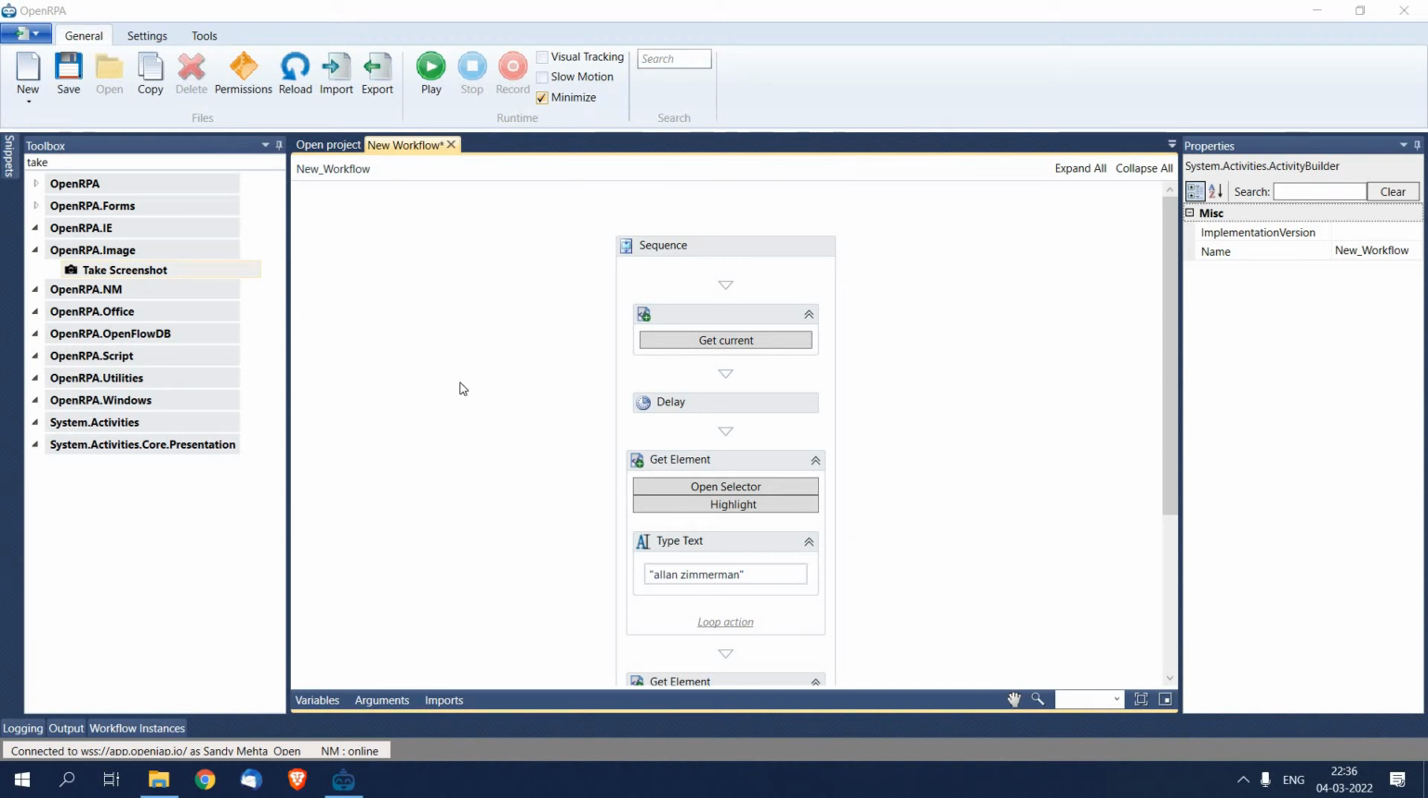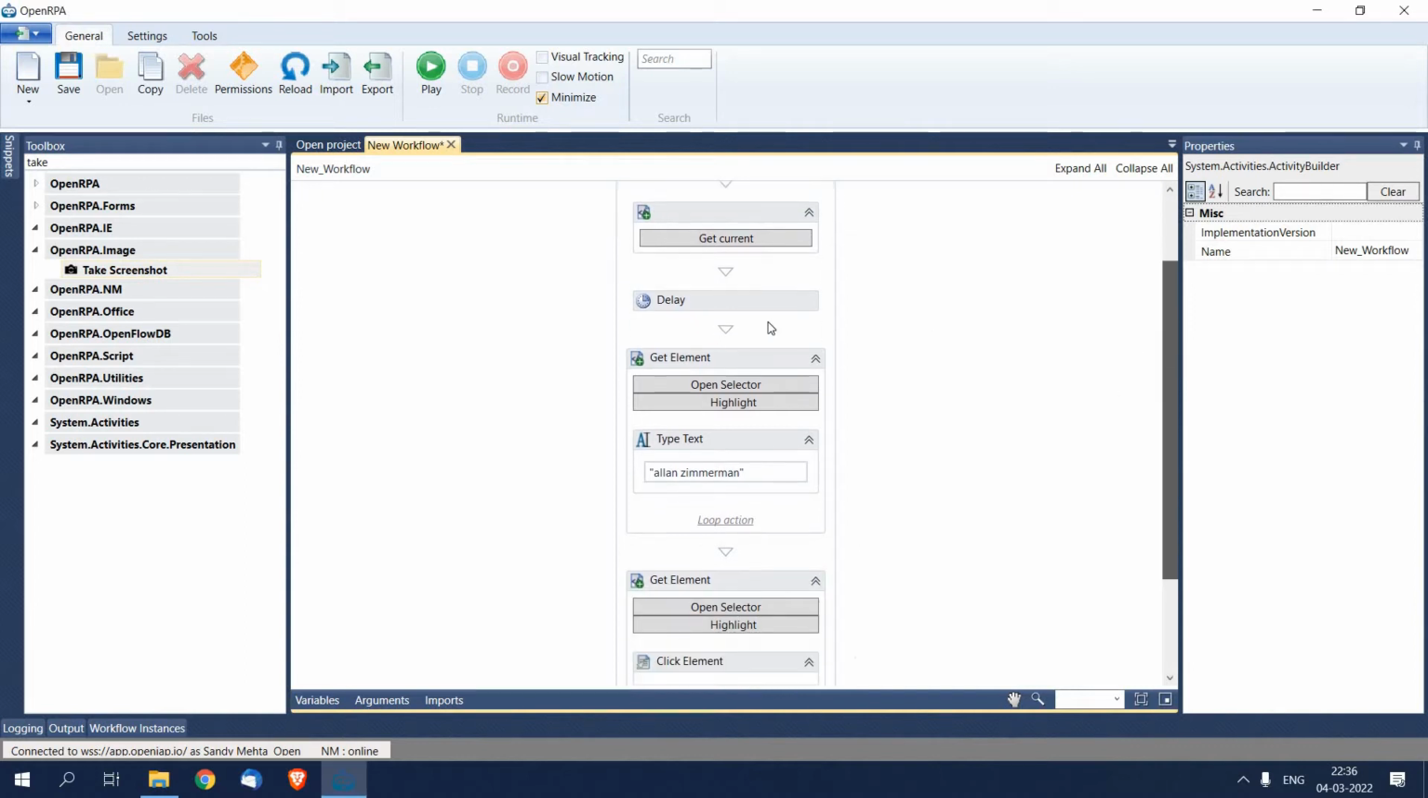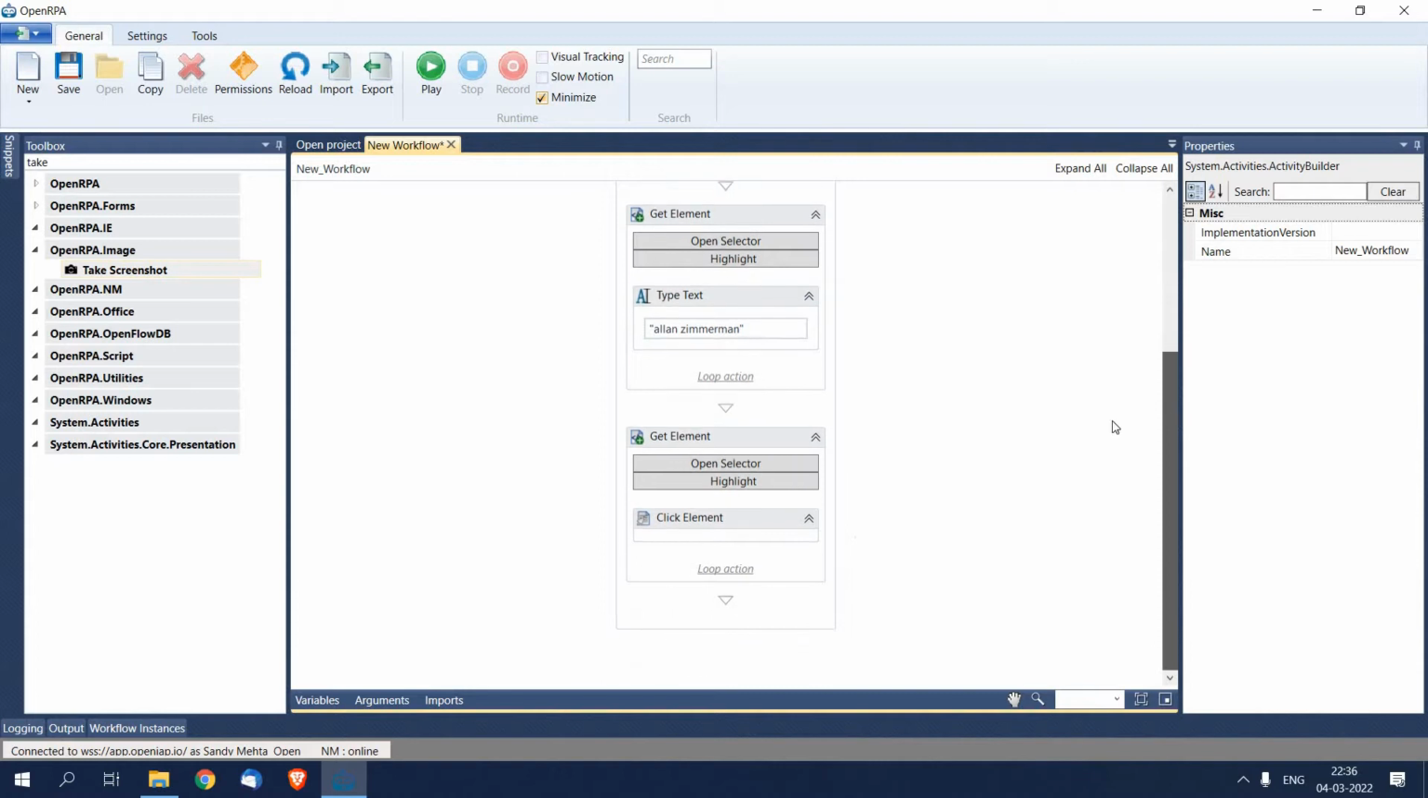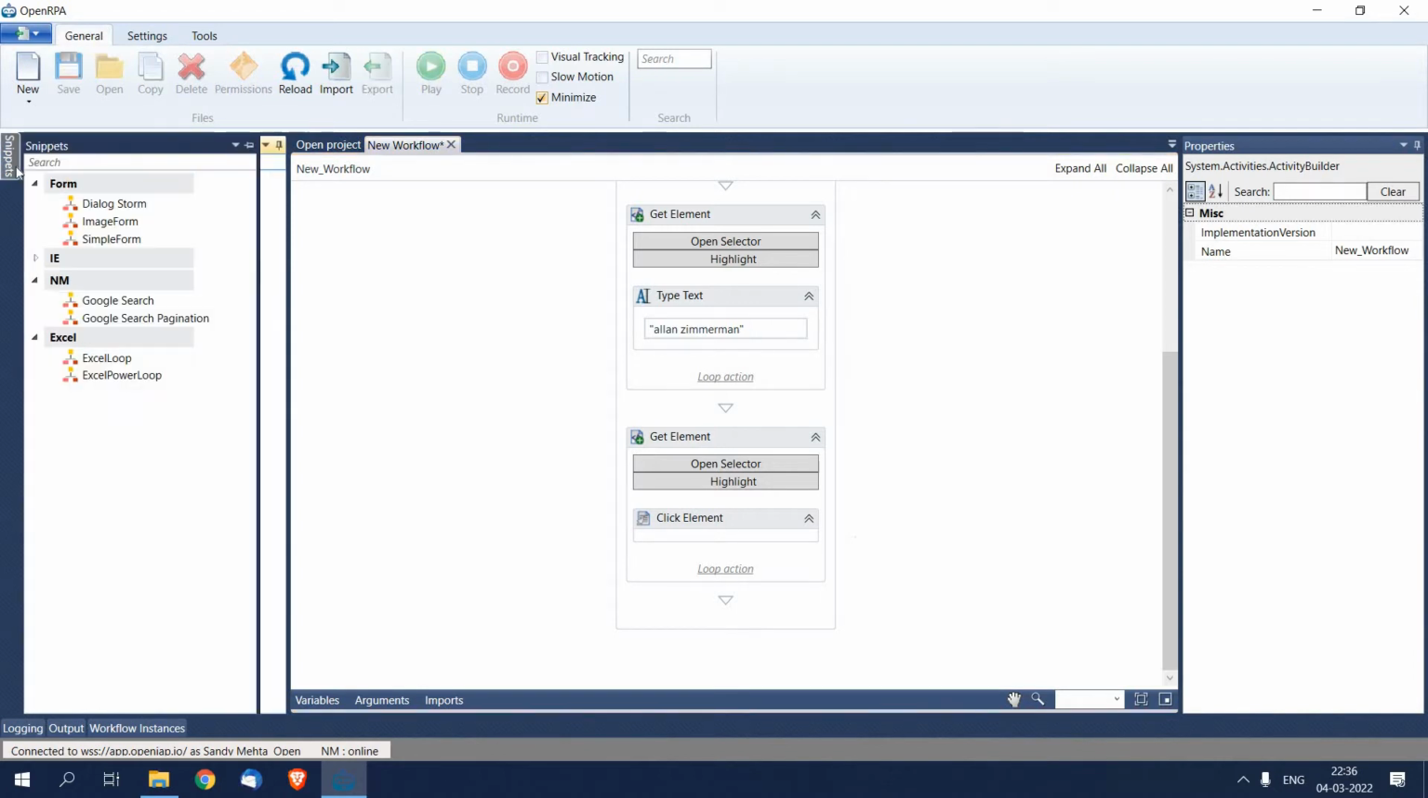In this video we will see how we can take a screenshot in Open RPA. Here is a pre-drafted program in which after opening the browser, the robot is going to open google.com. It will search some text and display the result. We are going to capture that result as a screenshot, and to do that I'm going to add an activity,